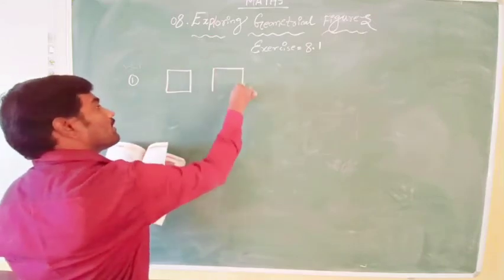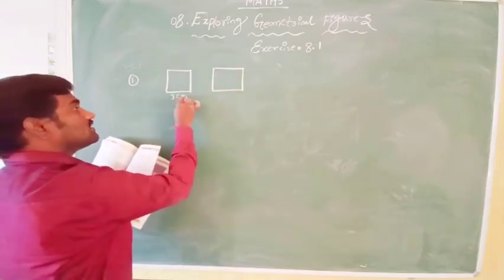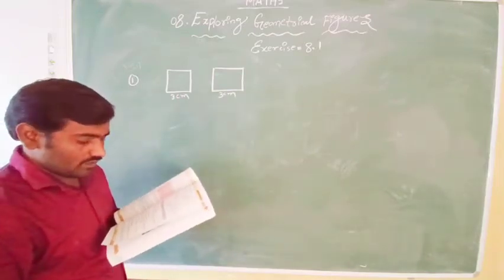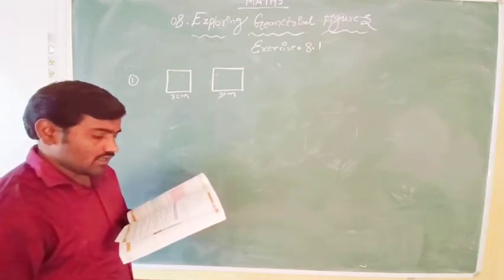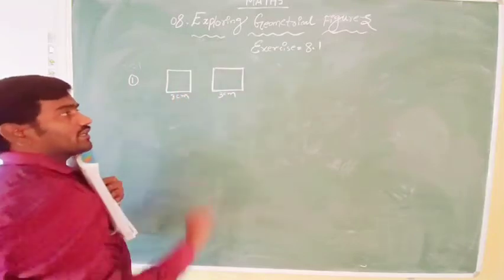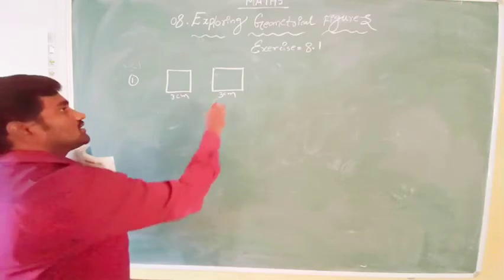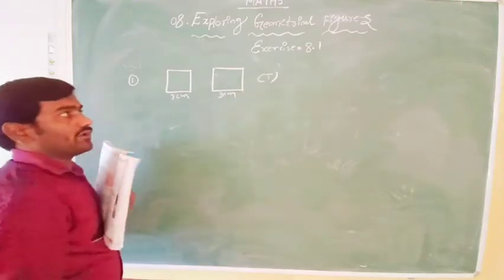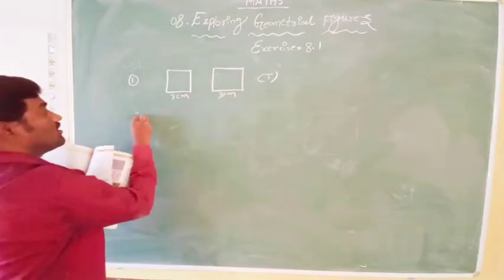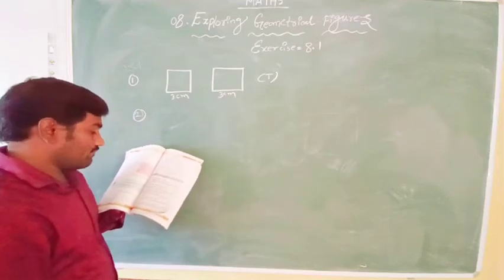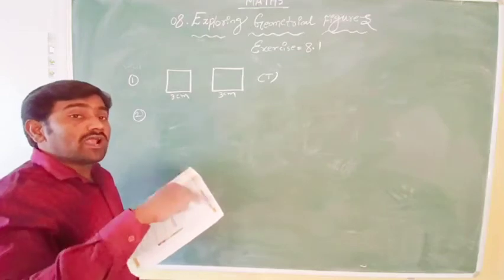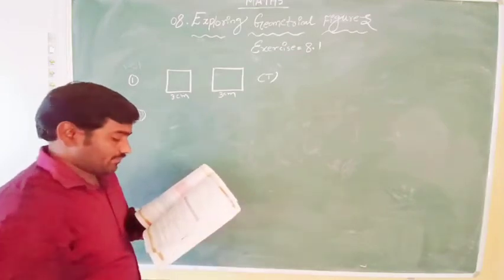Here I have taken two squares of side 3 centimeters each. One of them is rotated 45 degrees. Are they congruent? Yes, they are congruent. It is a true statement. If you rotate, flip or move, the congruent rule remains the same, and the similar rule also remains the same.